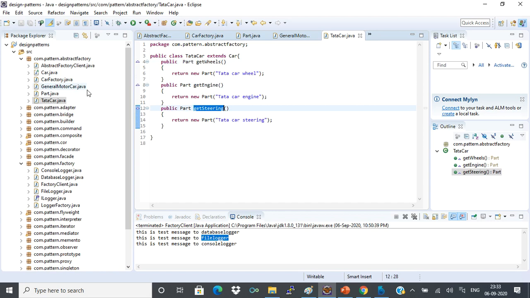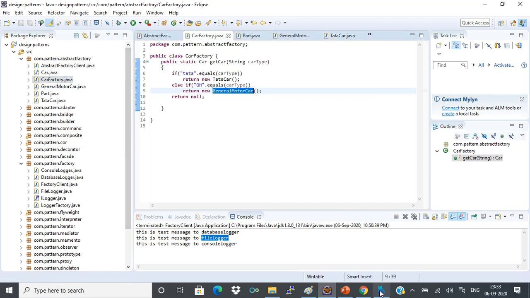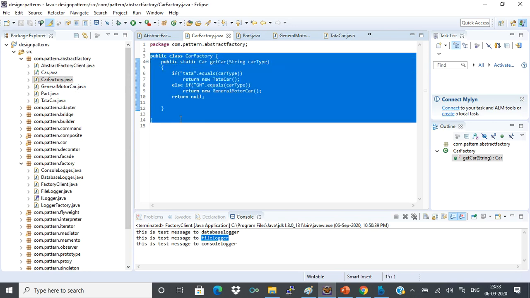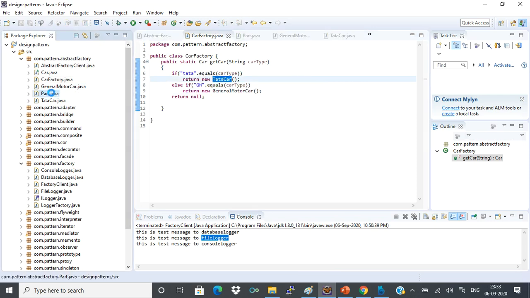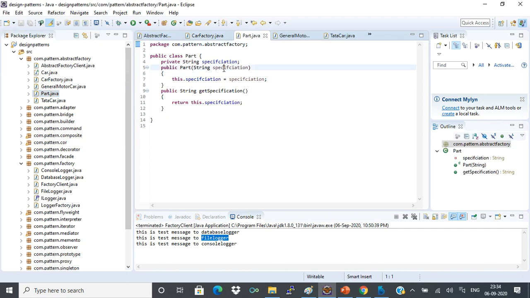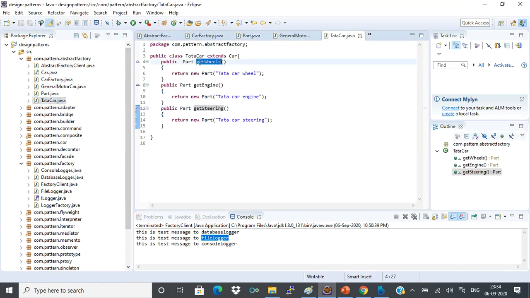Imagine that CarFactory is my abstract factory. It creates a Tata car or a General Motor car, and the Tata car is again associated with part objects. Based on the specification, for the Tata car we have getWheels.